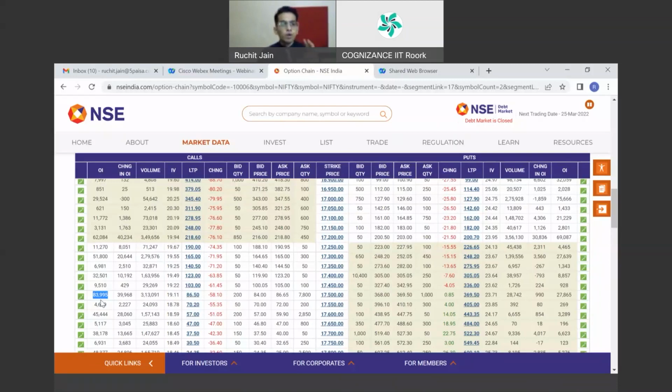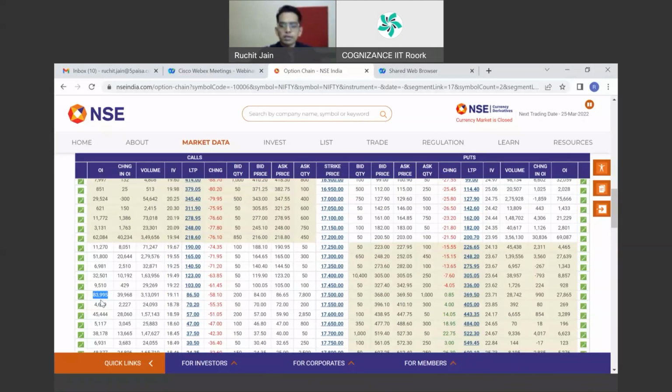So if highest open interest in call options is the resistance level, and that open interest keeps on increasing, it means that resistance is becoming more and more strong. It is very difficult for the market to go above that. But if that open interest in call option starts reducing, then what would happen? The resistance is becoming weak, and this is more bullish data, so the market can cross that.